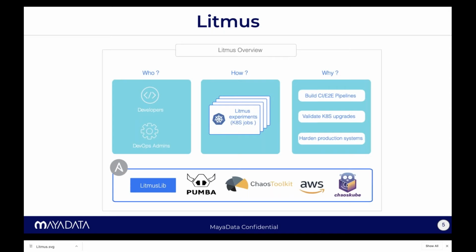And why it is needed is to quickly build your pipelines to test and harden your applications. In Kubernetes, we all know it's under very active release management. So you often need to build pipelines where you have to continue to upgrade your pipeline infrastructure itself because you got a new version of Kubernetes.